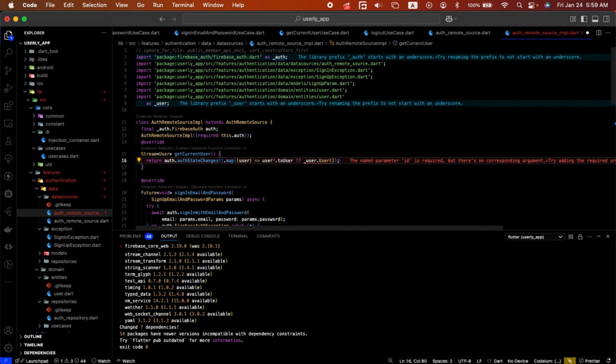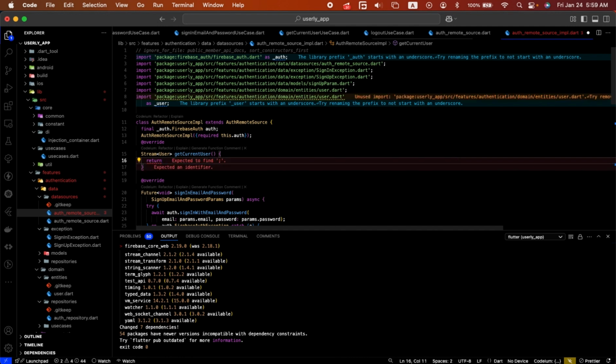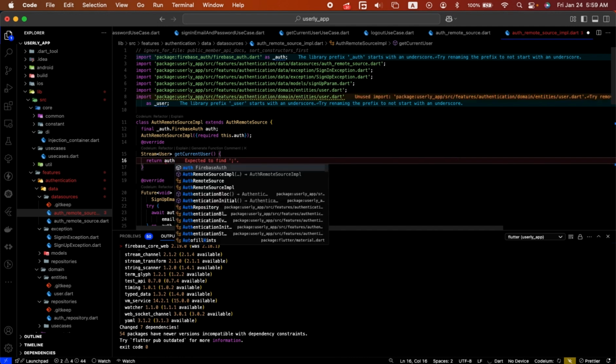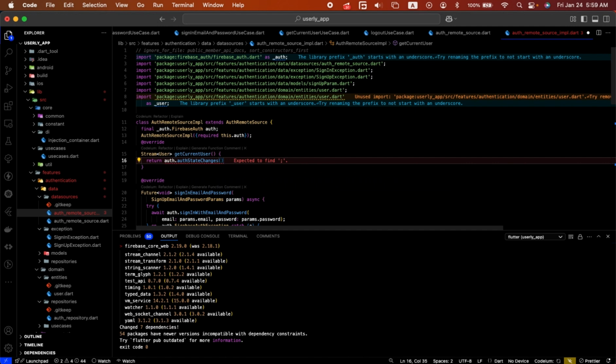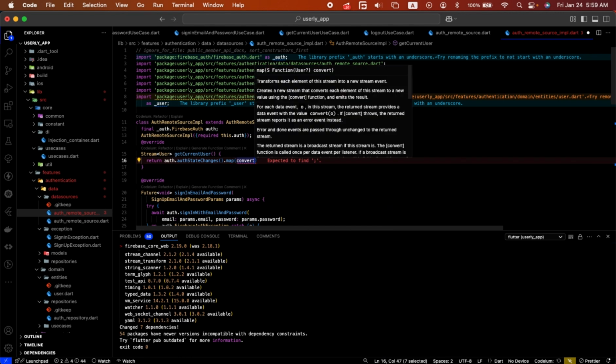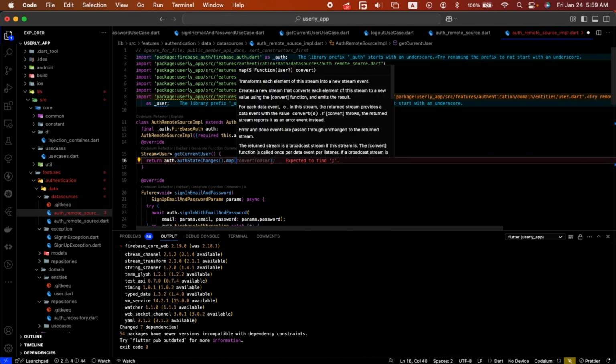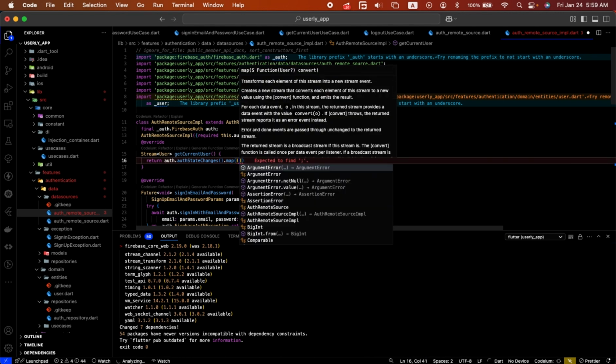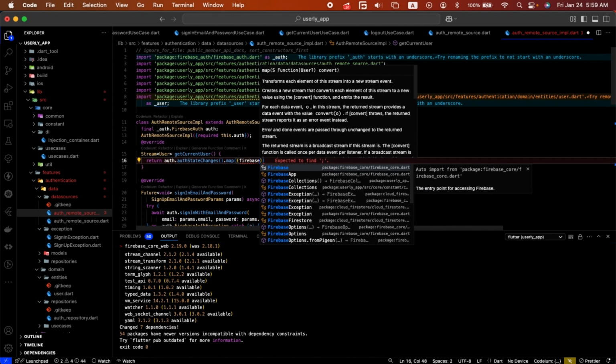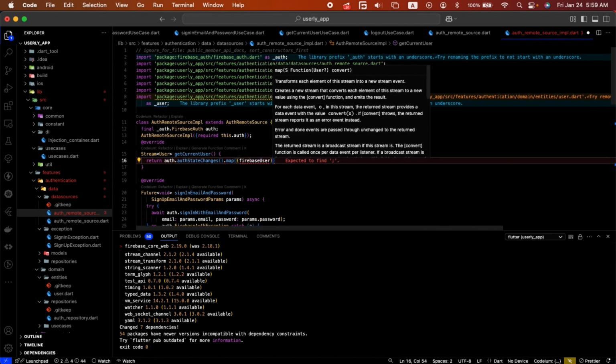Okay, so now what we need to do is map. I don't want this. Let me do myself. Okay, so auth state change dot map. Okay, so Firebase user, and then